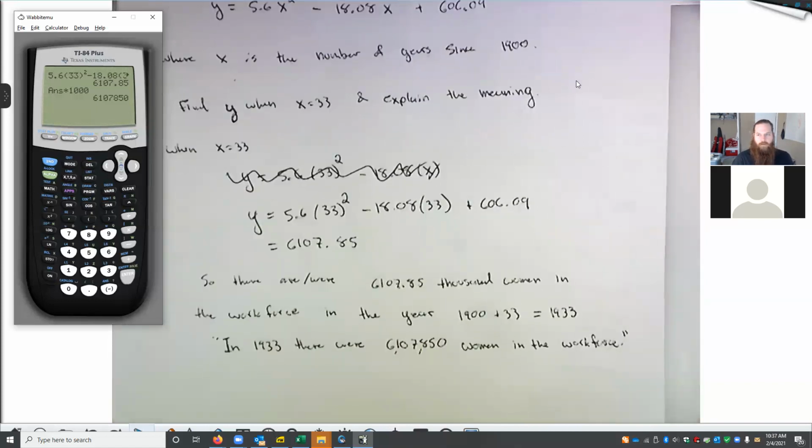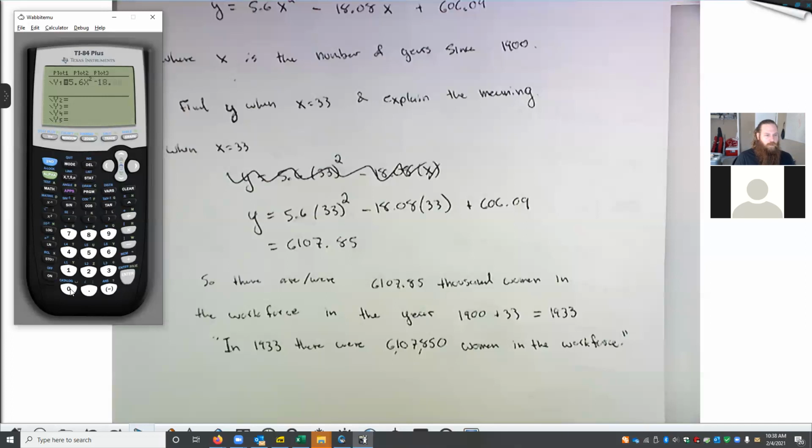Now they also ask us to find how many women were in the workforce in 2030. So we're going to need to plug in a different x value for that. I'll do that in a second. Mark asks, could we graph and see where this intersected at x equals 33? Kind of, yeah. So let me go ahead and feed this function here. We've got 5.6x squared. The catch is that it's kind of hard to read a graph like this perfectly. We can make approximations,